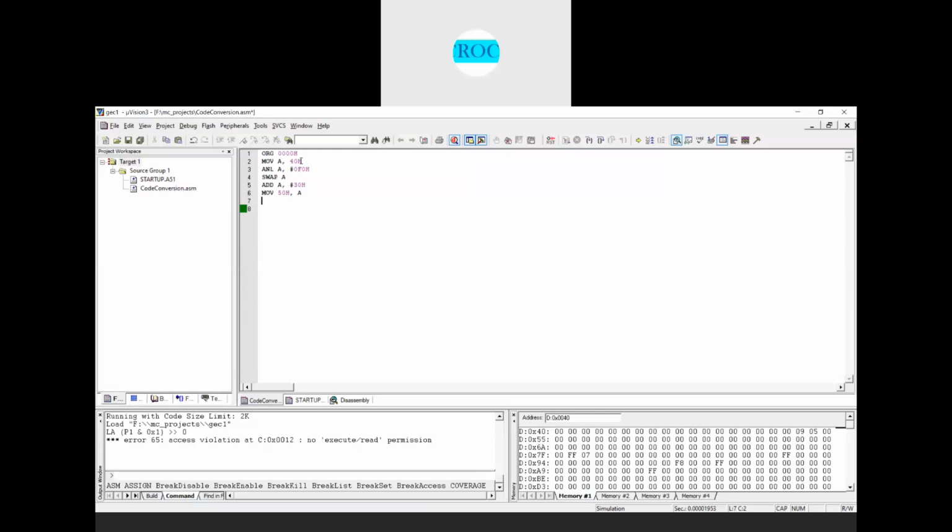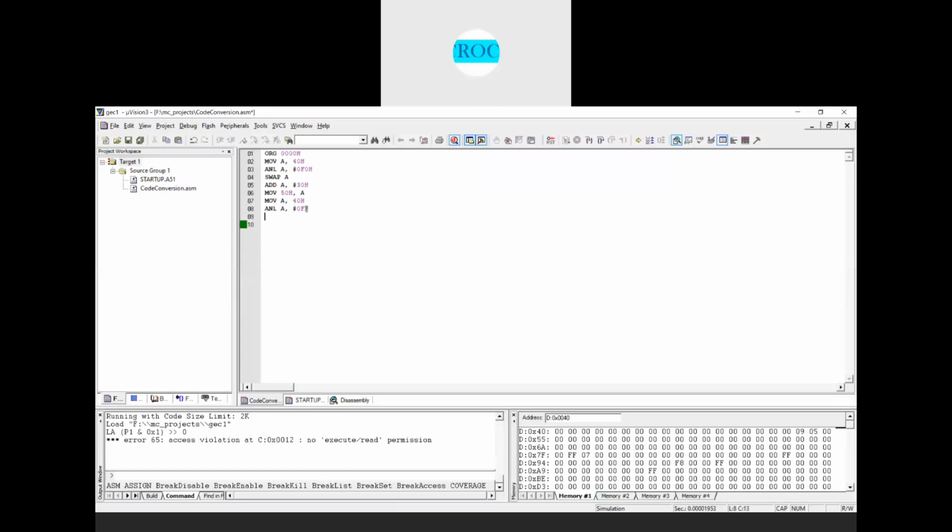So for that, again MOV A, 40H, right? This is where the packed BCD number is stored. I'll move it into the accumulator. Next what I do, ANL A, 0FH, so that the accumulator will have the content only 09. After the first operation the accumulator had 20, after SWAP A it has 02. Now again 40H into A, so that A is having 29 now. When I perform the AND operation, the accumulator will have the content 09 here.